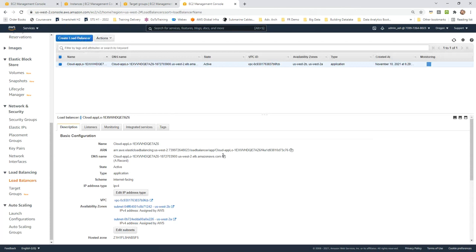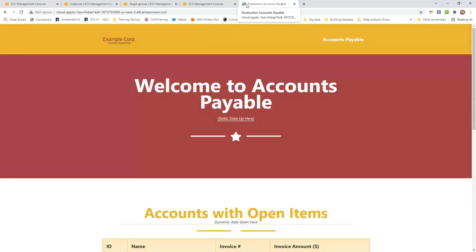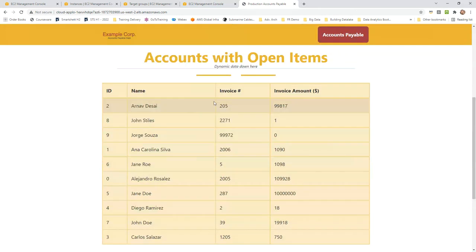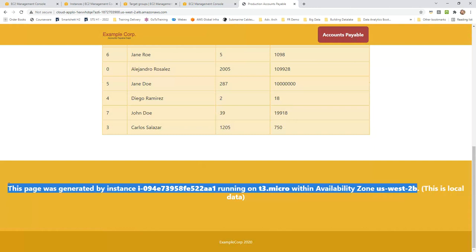This is my application URL DNS name, and let me open this application here in a browser. This is a sample web page on that application. This one is getting some images from that host. It is getting some DynamoDB information that is coming up, and here we also have a display of which instance is currently responding. So currently this is instance 2b which is responding to this request which has come.